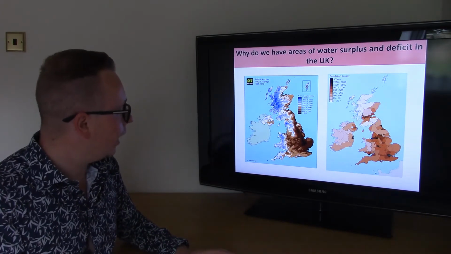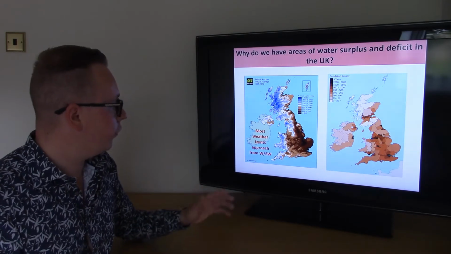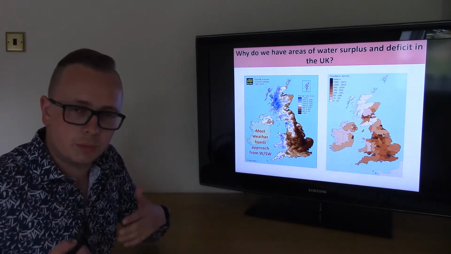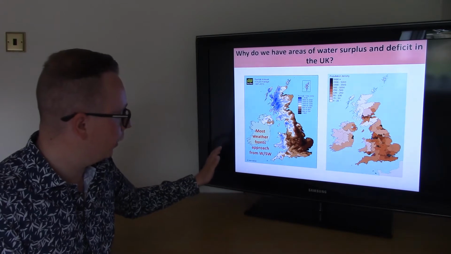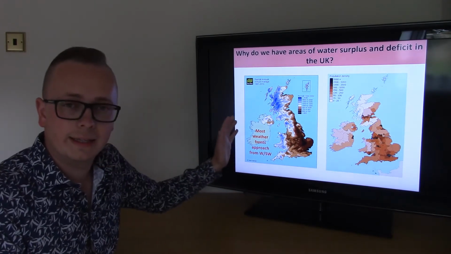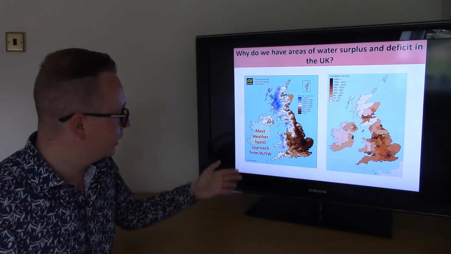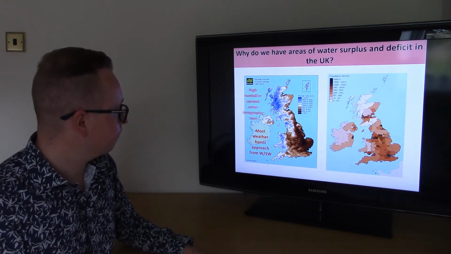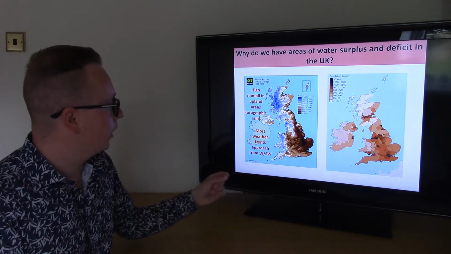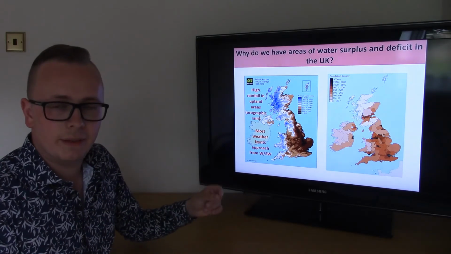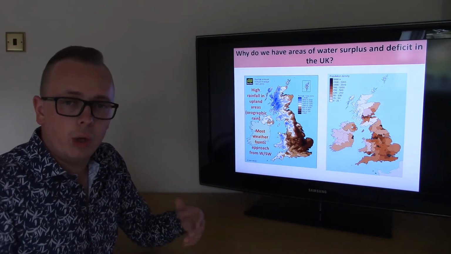And the reason why that is the case is because, first of all, most weather fronts, the weather systems that bring rainfall, most of those come from the west and the southwest, so these areas are going to get the rainfall first, and most of that water falls out of the clouds in these areas before it moves on further east. But also, really importantly, these are also areas of high land, and that creates something called orographic rainfall, where